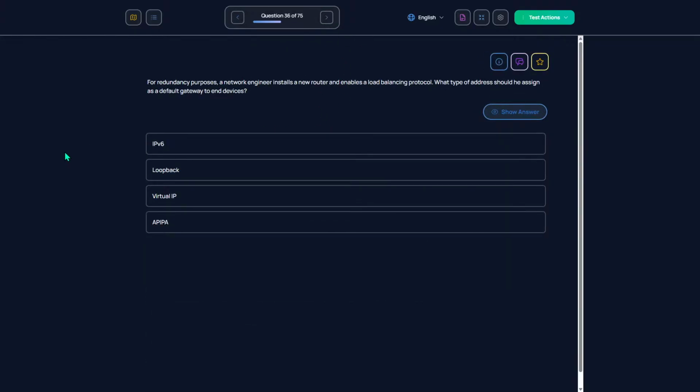For redundancy purposes, a network engineer installs a new router and enables a load balancing protocol. What type of address should he assign as a default gateway to end devices?